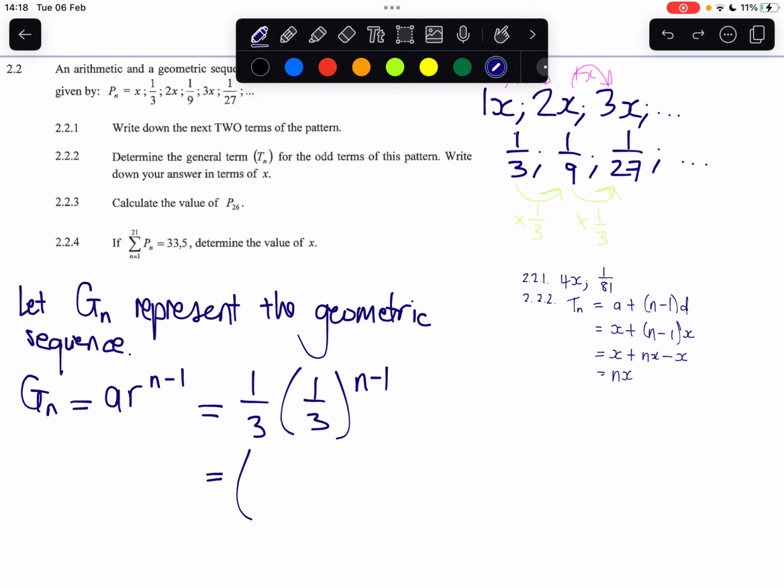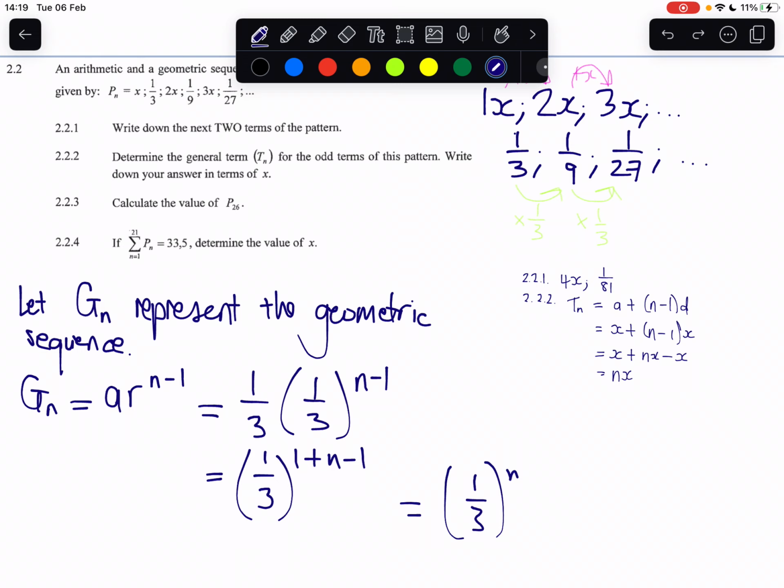So if we add those powers, we're going to end up with a third to the 1 plus n minus 1, which is just a third to the n. And again, that's pretty clear. This is a third to the power of 1. This is a third to the power of 2. This is a third to the power of 3. So this formula makes sense, right? Whatever position the term is in, we just raise a third to that number and we get the value of